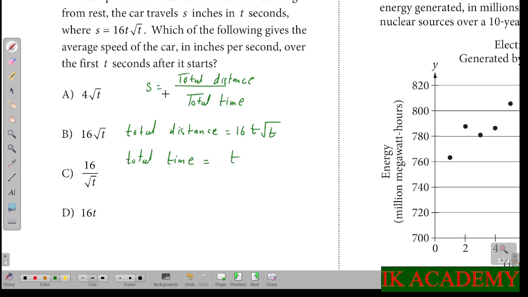So if we put the values, the total distance divided by the total time, we will get the speed of the car in inches per second. The distance is in inches and the time is in seconds. So speed will be the total distance divided by total time. So total distance is 16t√t. The total time is t. So t will be cancelled with the t. So the speed will be 16√t inches per second, which is option number